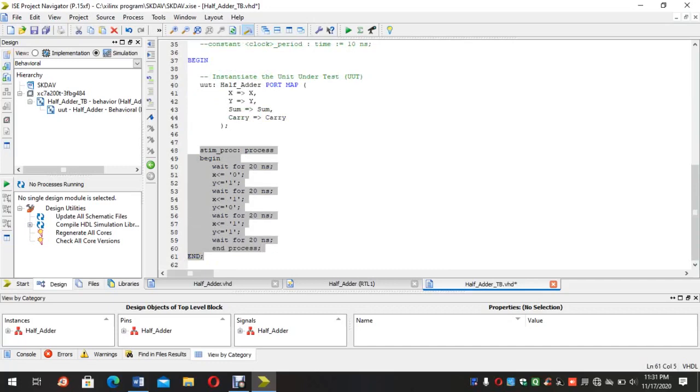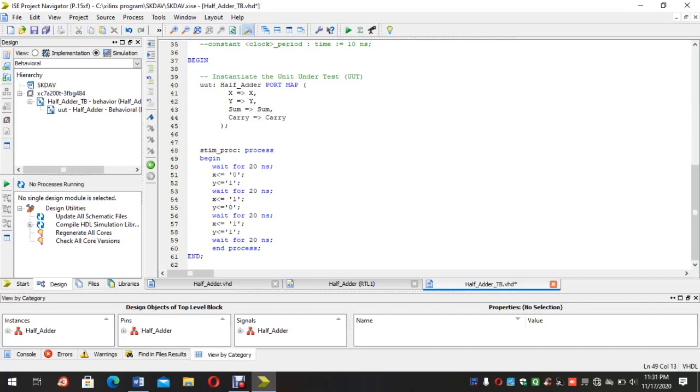Then this last part. We start a process STIM, and inside it we inject values to the inputs and wait for some time. So this is all about test bench programming.